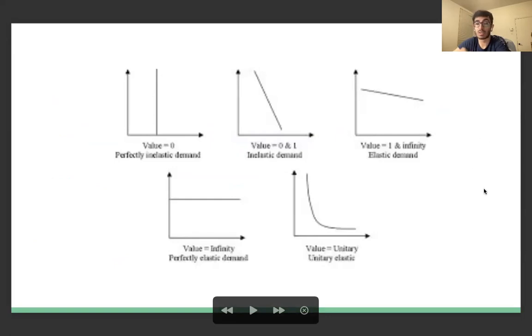And these are just a few graphs that show different cases of elasticity of demand. So this is perfectly inelastic, because you'll see any change in price doesn't change the quantity demanded. So the quantity demanded remains constant. So here the elasticity is 0 because your numerator would be 0. And even looking at the graph, in simple words it shows that your demand is not sensitive to any